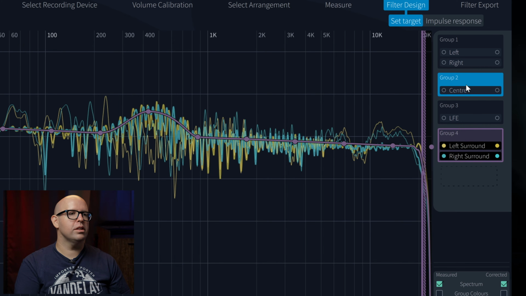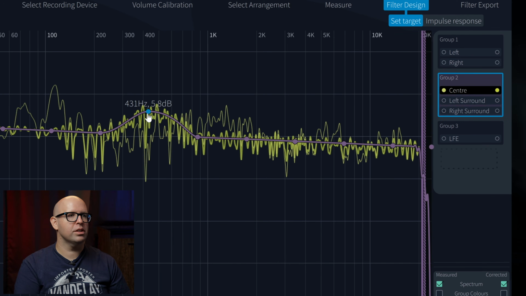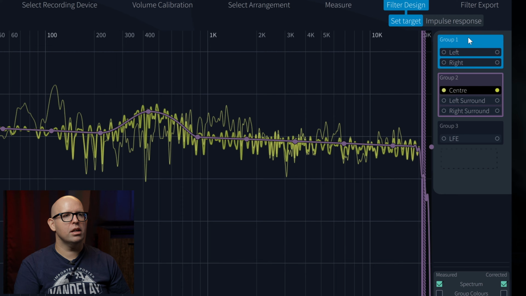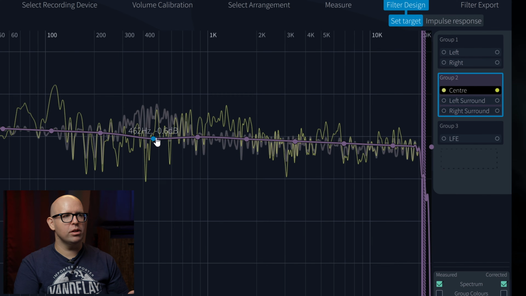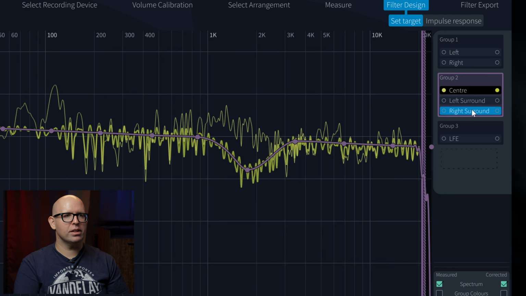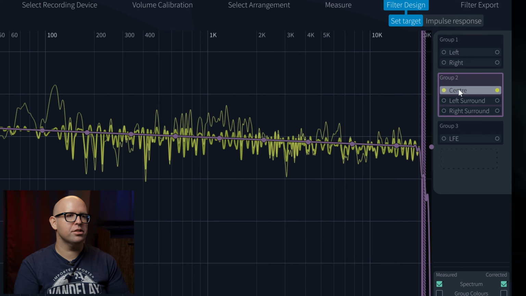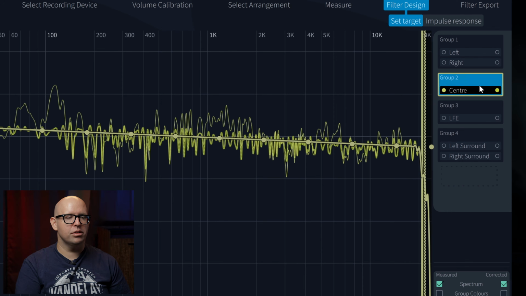What's great though, is if you'll notice now, if I move center into this group here, now all of those speakers are selected. And what this means is it's pretty easy to select groups of speakers and adjust their overall response. So if you have a really weird sound at say, this area, you could bring that down and it will only affect the center, left surround, and right surround. I've added this to the group, but if I didn't want it in the group anymore, I could just drag it out into an open area there.